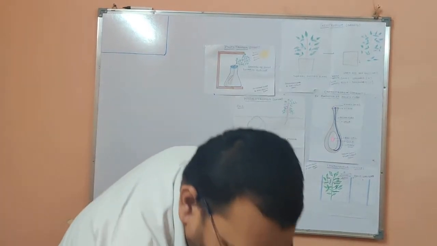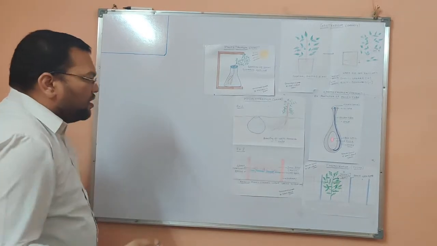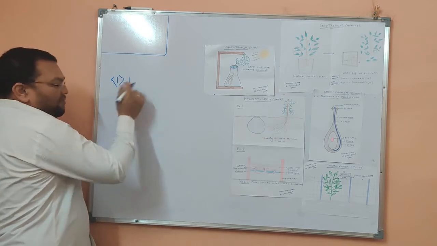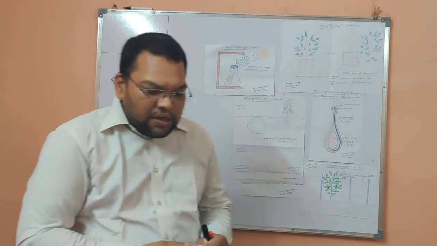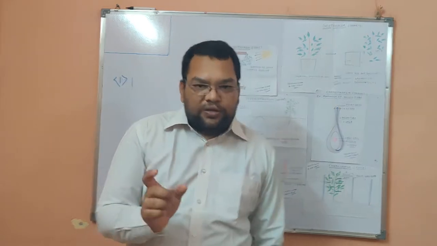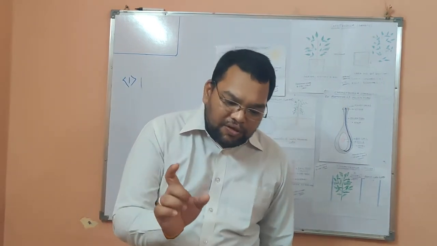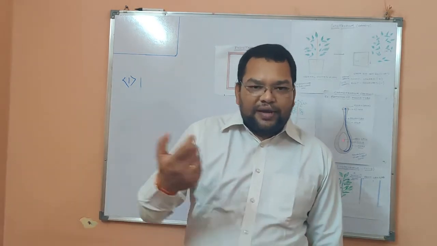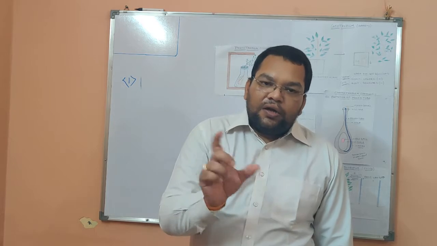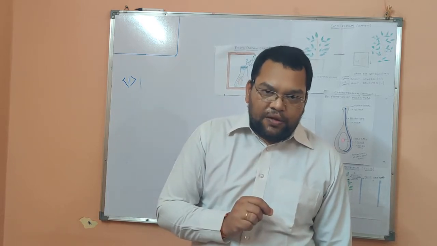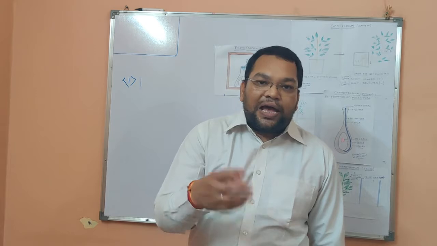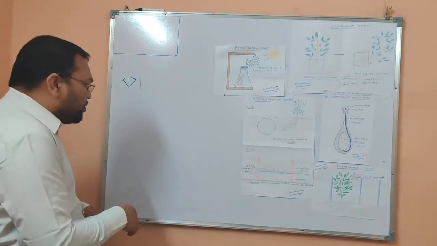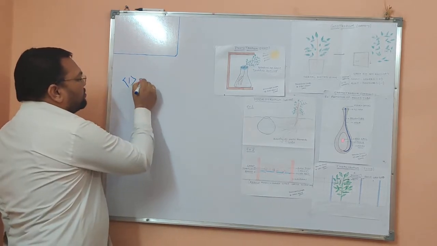The tropic movements are of various types. We are going to see. By the way, tropic means the movement. In Latin, the word tropic relates to bending. And here we are relating tropism as a movement. So tropism is the movement. So the first tropic movement, the tropism, is phototropism.